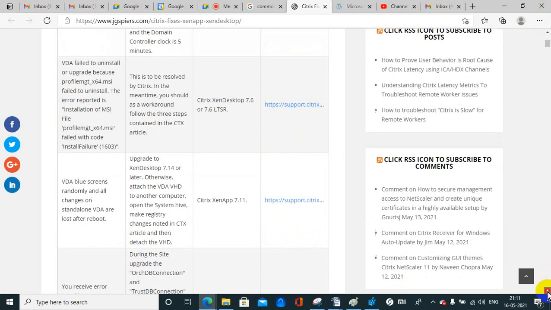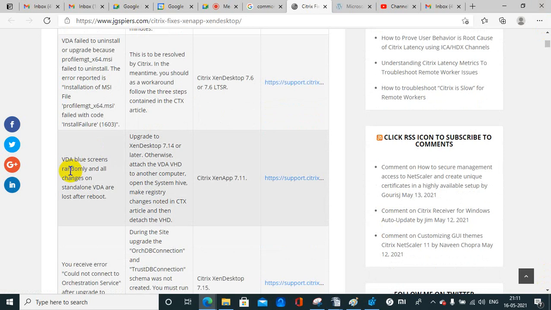Okay. VDA gives a blue screen. You can get a blue screen in any Windows system; I'm not talking about Citrix only. Even if Citrix is not installed, you will get the blue screen there. It shows a blue screen, or a white section writing a lot of things. To prevent that, you need to restart the server, and after restarting it's working. Sometimes it works fine, or it works for a few seconds, minutes, or hours, and after that again it gives the blue dump error.